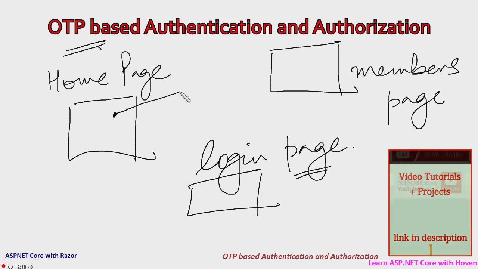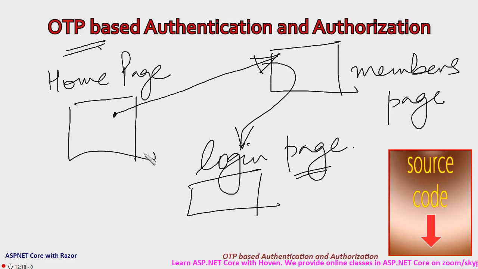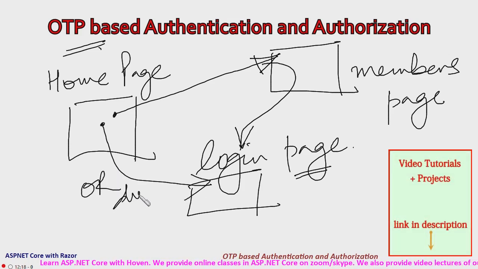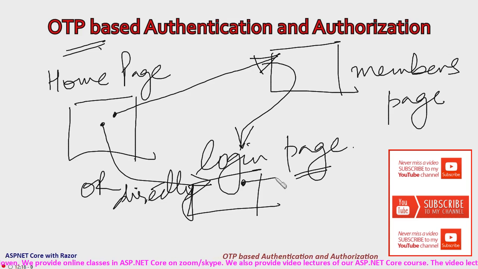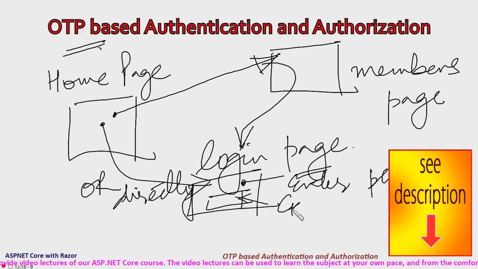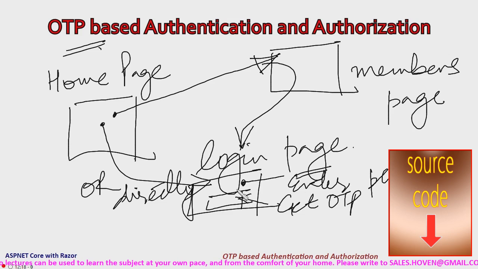When the user goes to the members page from the home page and he is not authorized, he is brought to the login page, and he can also come directly to the login page. On the login page we will show him enter phone, and there will be a button, get OTP, and when the OTP is sent to his phone number,